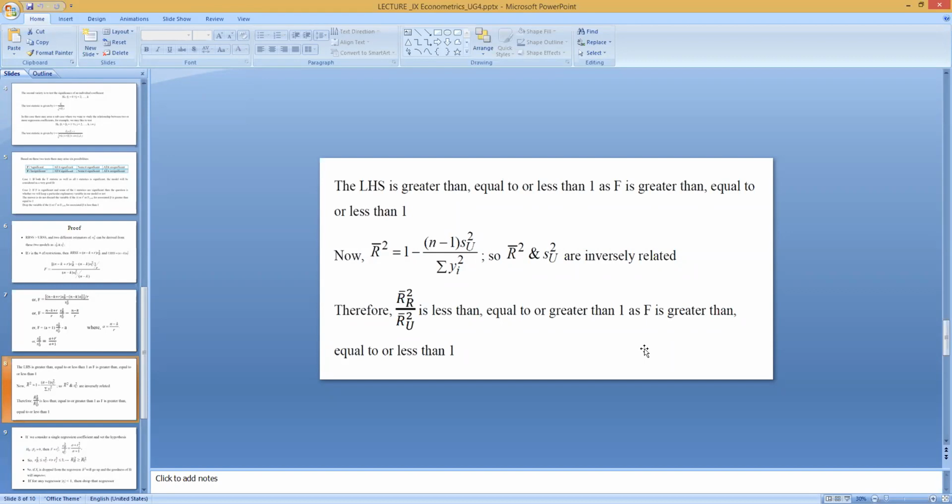Only in the third case, when F or mod t or t square is less than 1, clearly we are finding that by dropping the explanatory variable, we can improve R bar square, because R bar square of the restricted model is greater than R bar square of the unrestricted model. So clearly this R bar square is giving us a better fit. So we will go with the restricted model, where we have a lesser number of explanatory variables. That is what I mentioned.